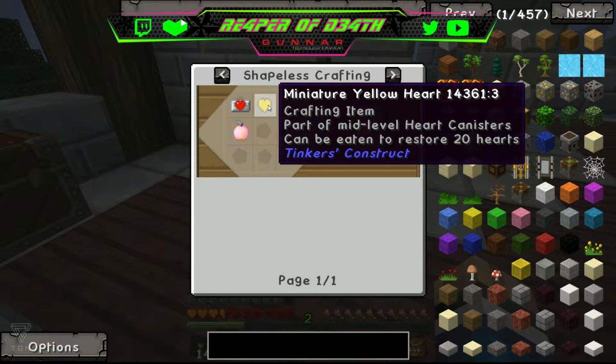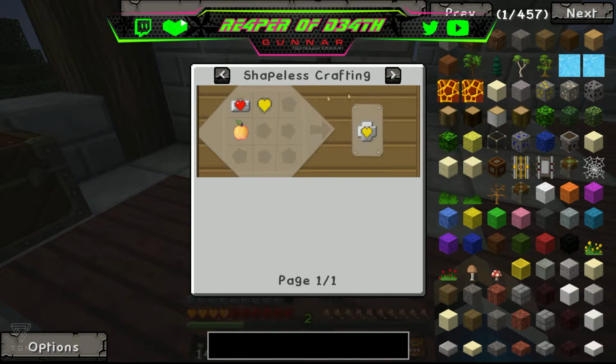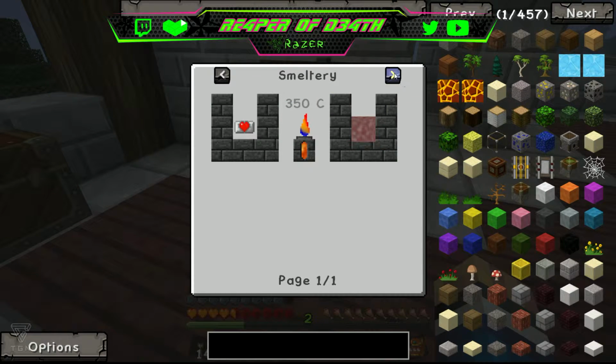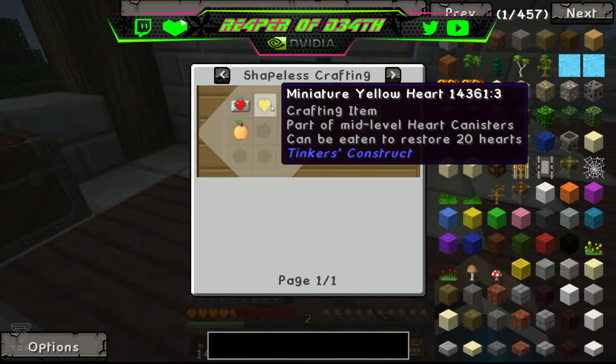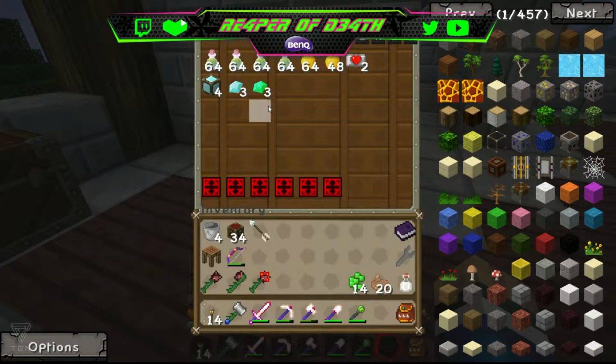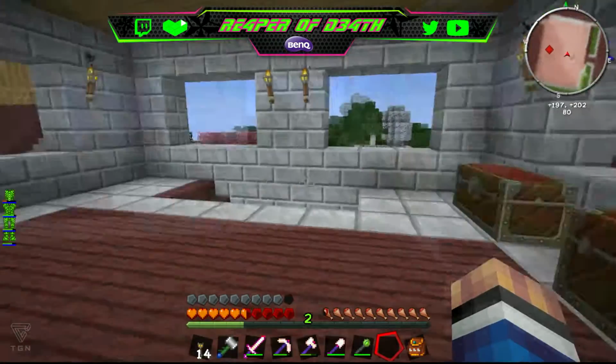No. So I don't know. I don't know how to, what's this? That melts that into that. So it says we can utilize it, but I don't know how to do this miniature heart. So that might be something that I'll have to look into. But